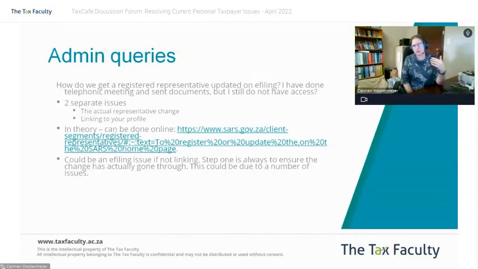Otherwise, it is something which you'd need to address directly, either with a call center or through the appointment. I've generally found, yes, I know doing it online is great, but if you're getting stuck, the tax practitioner appointment is often the easiest way to do it, because you can iron out all these issues at once, and you can check that the change is actually pulling through correctly. Okay.